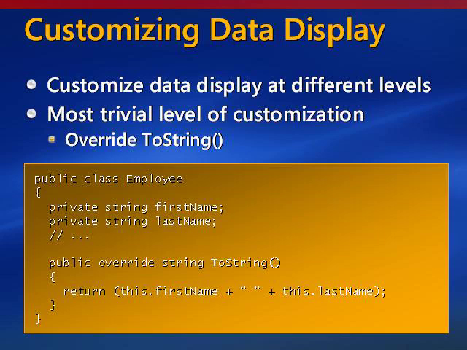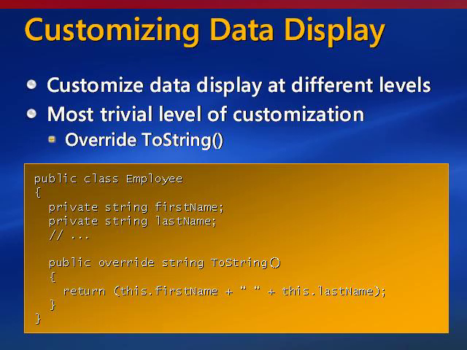So I showed you all these new cool ways to view data in the debugger. And of course, you want to find out now, how do I do this for my own data types? Well, there are actually several levels of customization in the debugger. First and foremost, the simplest way of customization is to go ahead and override the toString method to see a string